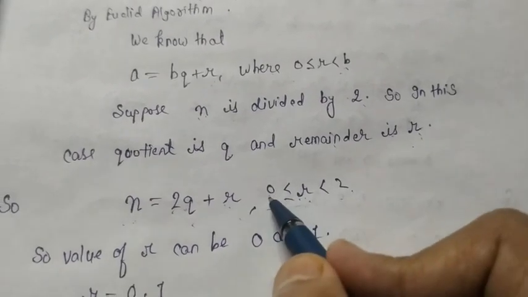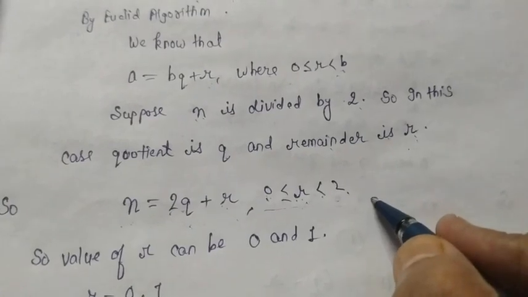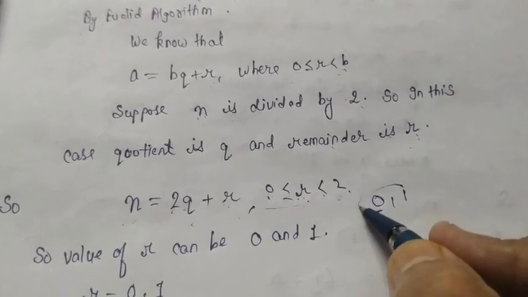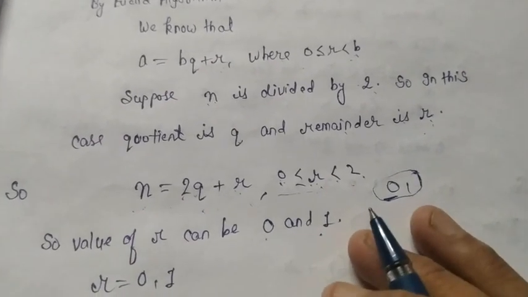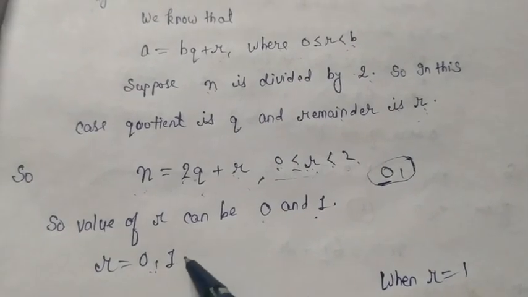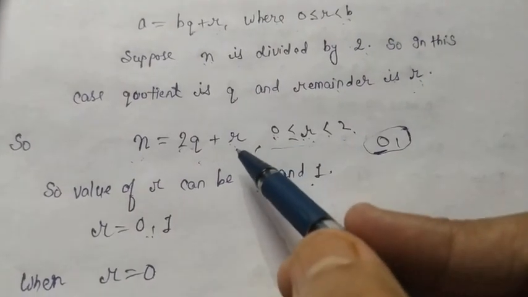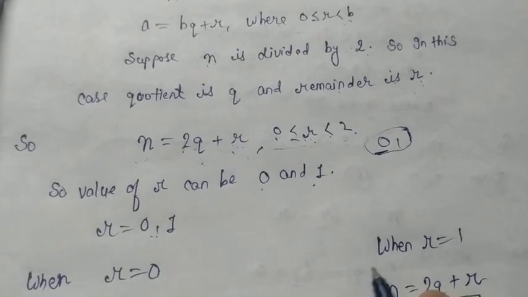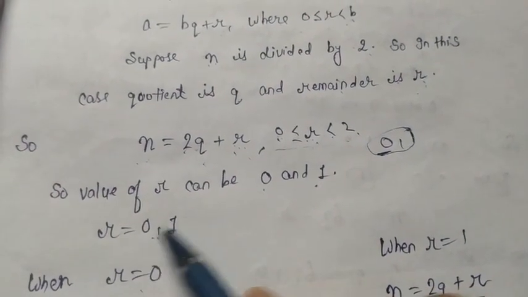You have to take any integer between 0 and 2. You can take 0 but not 2. So between 0 and 2, how many integers are there? 0 and 1, because you have to take 0 also. So the value of r can be 0 and 1. Now I have written here r equal to 0 and r equal to 1. Now see students, I will put the value of r in this statement one by one, because the value of r is 0 and also 1.